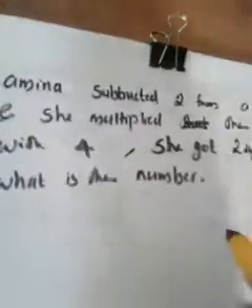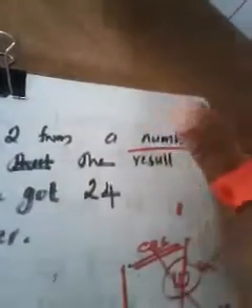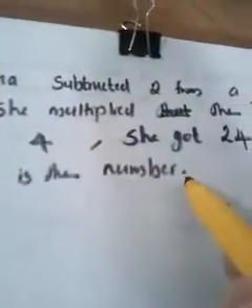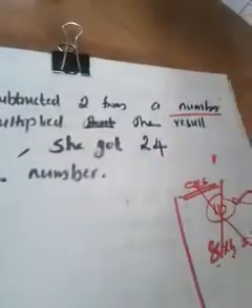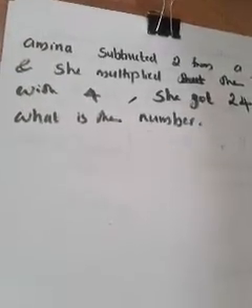Okay. So what is unknown here? That number is unknown. That means Amina thinks about a number. That number is not given. We have to find the number. What number she thought of, that number is unknown here. You may have understood. That particular unknown we have to mention as X.